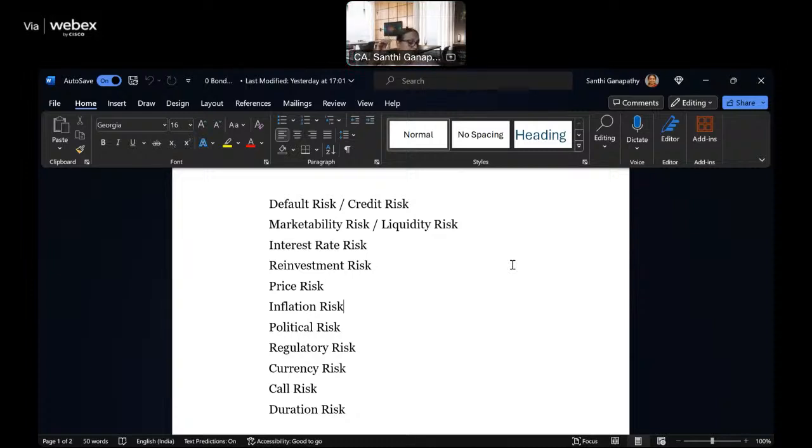Then, the moment we say bond, we are interested in interest rate risk. Now, what is interest rate risk? At the time of investing in the bond, I am looking at a particular yield. Will I get the promised yield? That is what I want to see. Now, the bond investors are subject to interest rate risk on two counts. Now, when I say the going interest rate has increased,